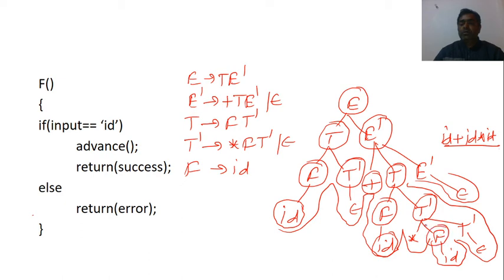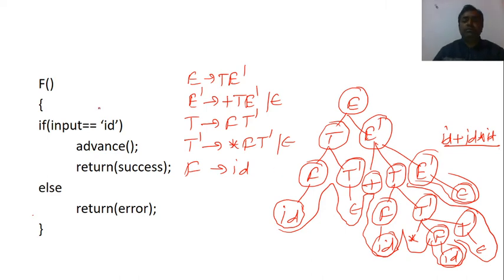F, this one F will be called, then this ID will be checked, then T prime will be called, then this empty will be checked, and after this we will go here and this E prime will be called, then we will check empty. In this way the procedure is completed.